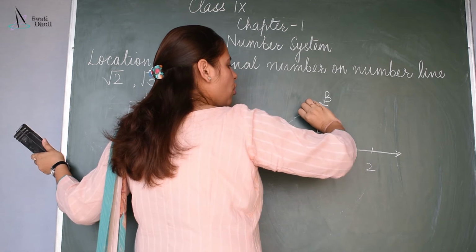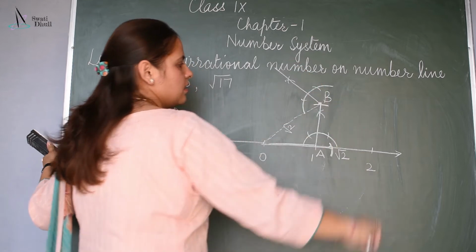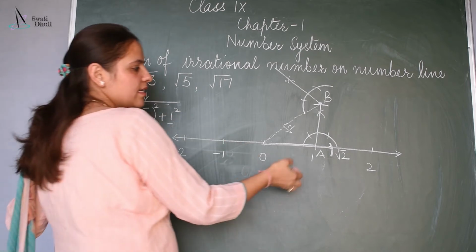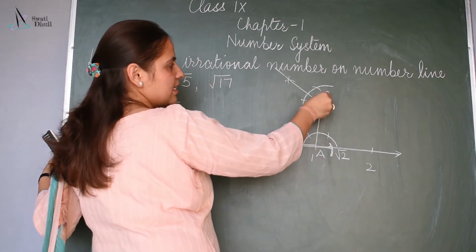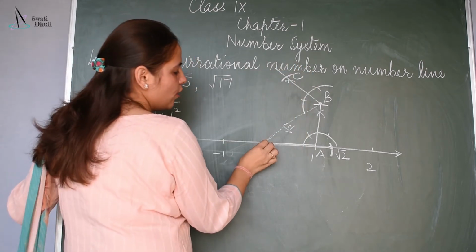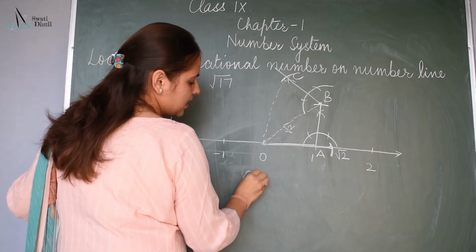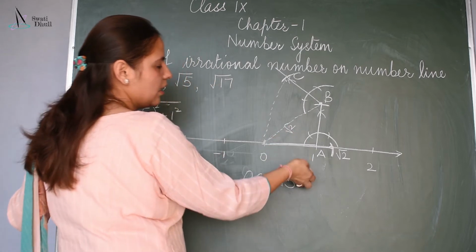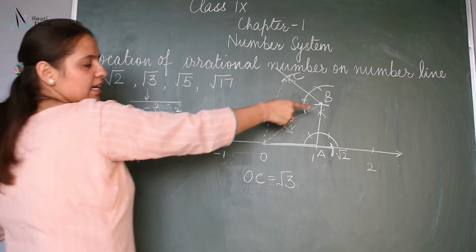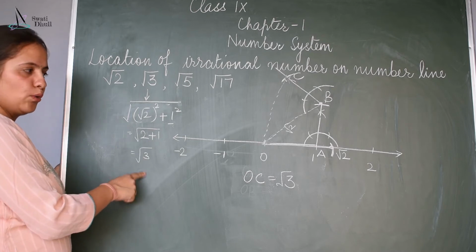Let's say I draw a perpendicular here, we have to make a 90-degree angle. So like this is your base and this is your perpendicular. Now this is how much? 1 unit distance. So measure from here 1 unit distance and mark an arc over here. Let it be point C. Now join this OC. This distance OC is equal to your root 3, because this is root 2, this is 1. So root 2 square plus 1 square, this is again a right angle triangle. Root 2 square is 2, 1 square is 1, so this will be your root 3.